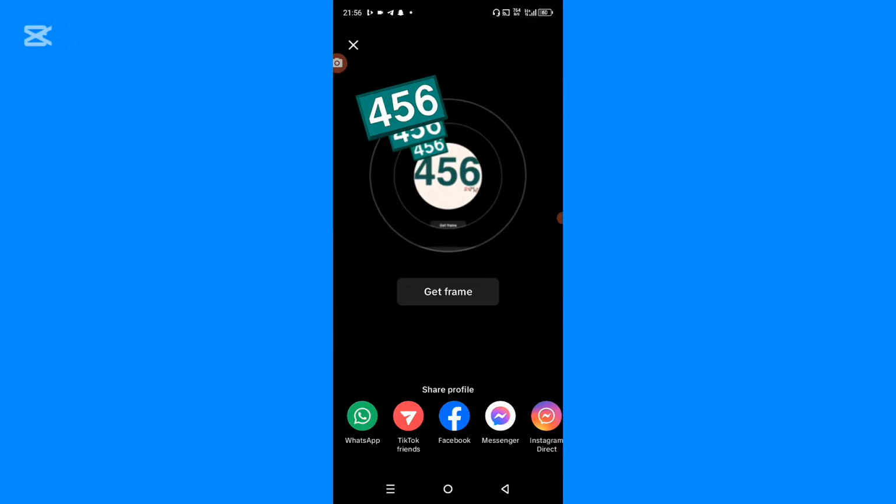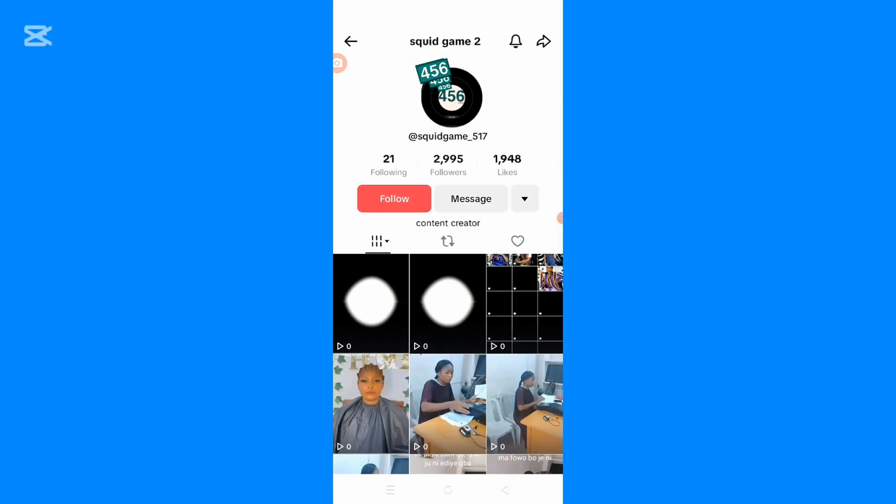So you're going to see the option to get frame. You just have to click on it if you are looking for how to get your frame or how to fix your frame on your TikTok. Just click on it. It's going to take you to the Squid Game where you have to play. I'm going to drop the link of a video on how to play the game, and then after getting the frame, if you want to delete it from your